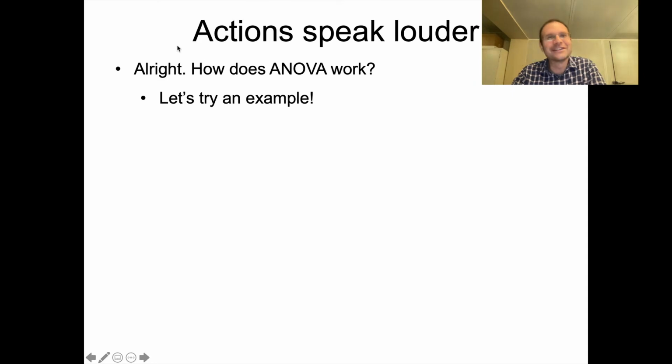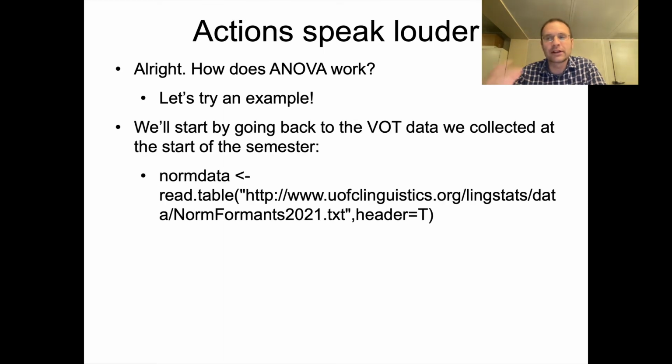Like the title of this slide says, actions speak louder than words, and you're probably going to want to know how to get this to work. So let's try an example. And like I said, we're not going to look at just this same setup we could do in a t-test, even though that's valid for ANOVA. I want to look at an example where we're going to figure out whether one of three different contributing options can have an effect on the dependent measure that we're going to now analyze in